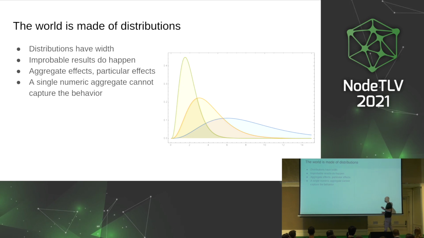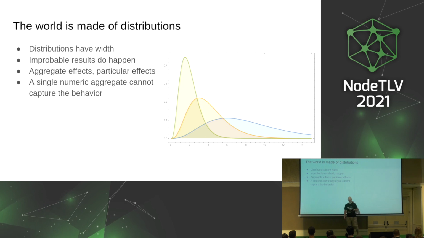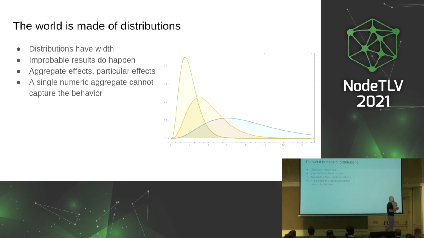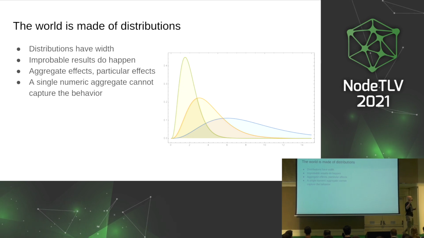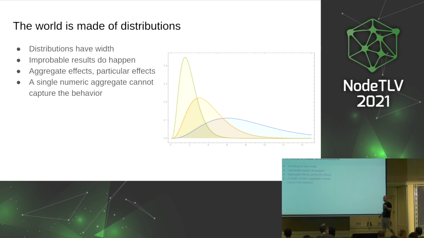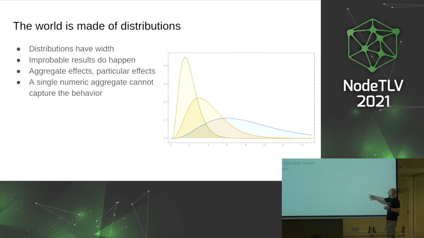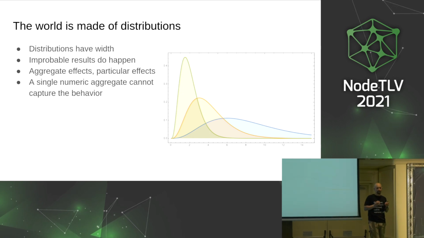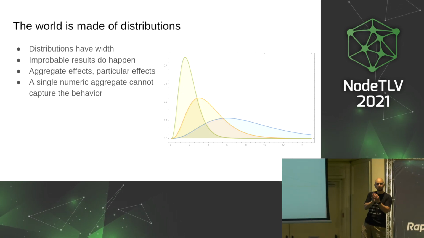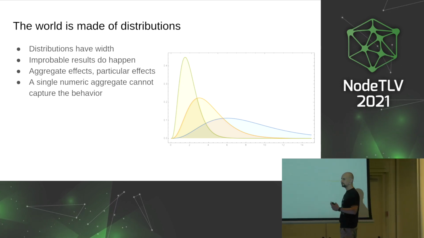So the world is made of distributions. When you say something like, my height is 1 meter 70 centimeters, that's not an actual number. It depends on the measurement, when you measure, how many times you measure. Every time you measure something, you would get a slightly different result. And yes, all of the results might be in the same range, but they're not the same. What you would get is a distribution of results. And this actually has a lot of impact on how things behave.